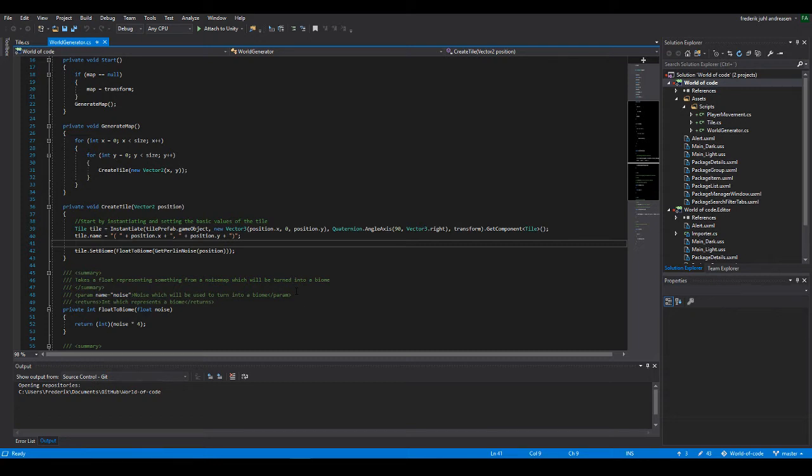I'm drawing on my whiteboard right now just to map this out. So 12 by 7 area. How much is that actually? That would be 84. So 84 tiles total that I would need to instantiate at the start. And then